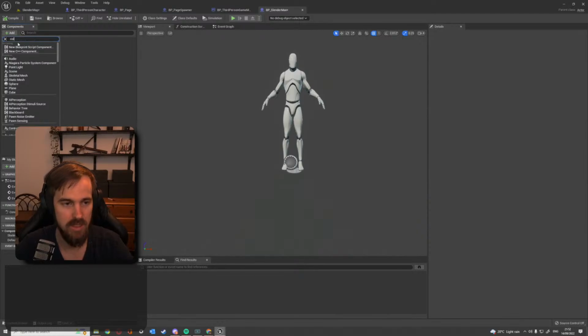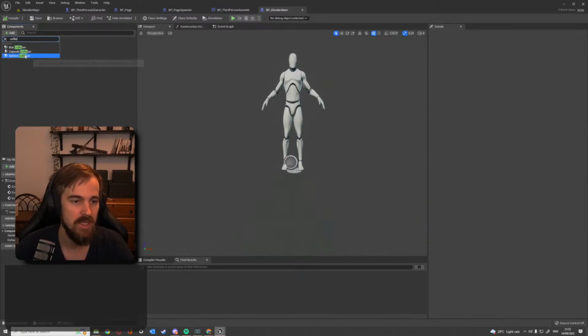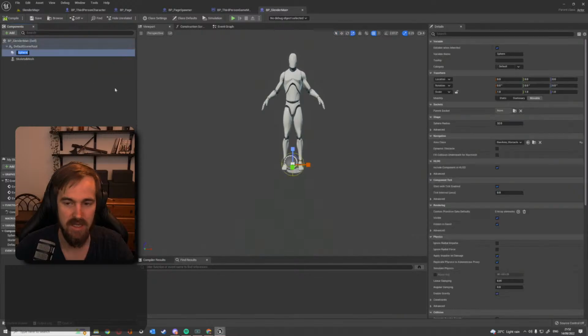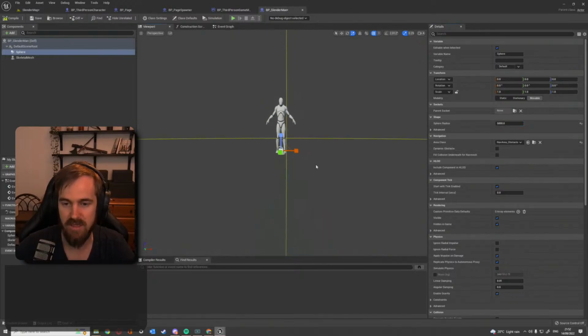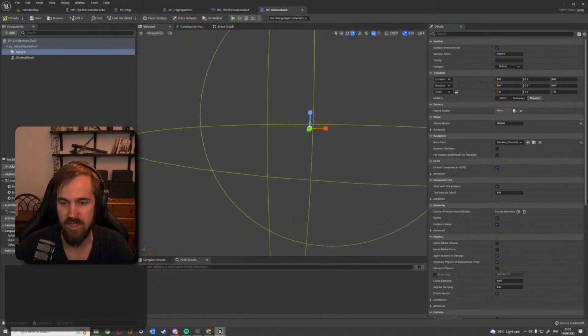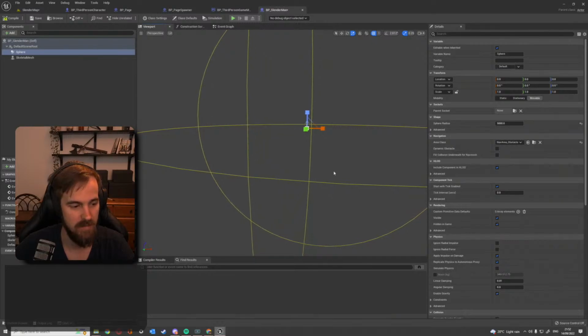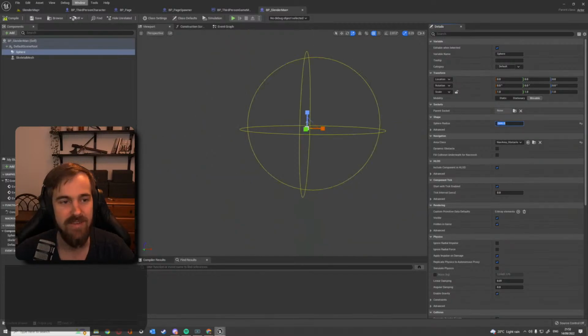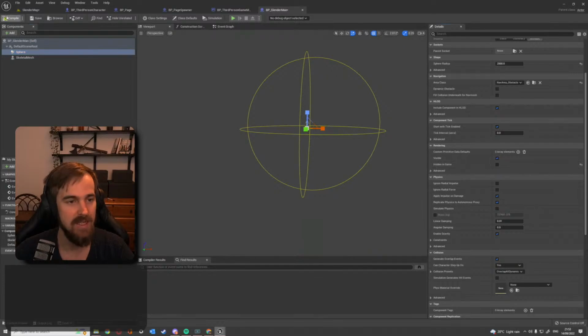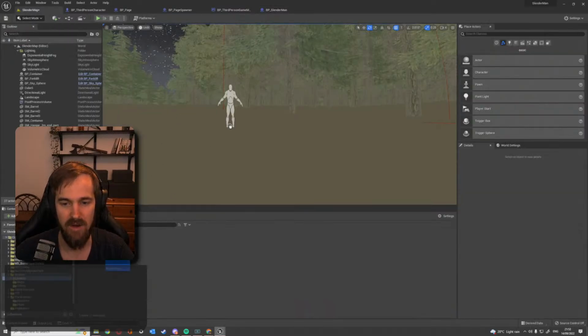So let's go with collision sphere, I think. Collision sphere. And make this like 5,000. That's a pretty big collision sphere. I feel like Slenderman wouldn't have collisions in real life either, you know? Definitely. I feel the same. Totally the same. Now let's put this not hidden in game so we can actually see how far he will